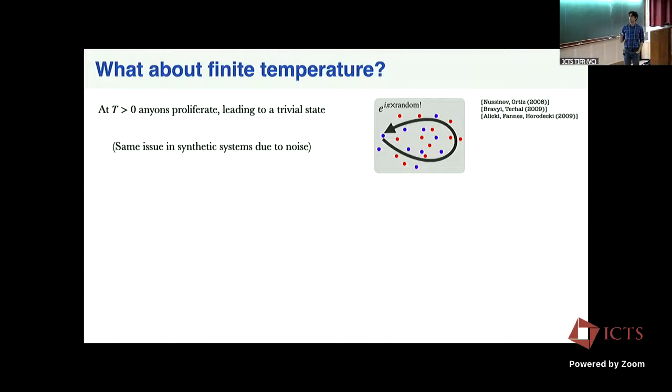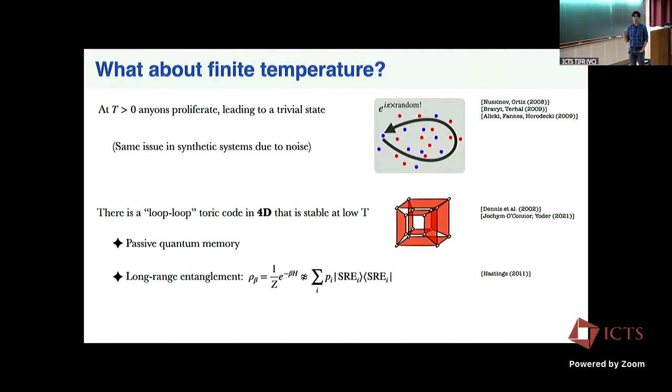And so this is about finite temperatures. But if you think about the synthetic systems that I mentioned, there's a similar issue there. If you have any amount of noise and allow it to act for long enough, it also leads to this proliferation that destroys your order. But this analogy with the Ising model also suggests a way out, which is to go to higher dimensions. Just as in the Ising model, if I go from 1D to 2D, I now do have a thermally stable symmetry broken state. I can do something like this here. But the unfortunate thing is I have to go to 4 dimensions.